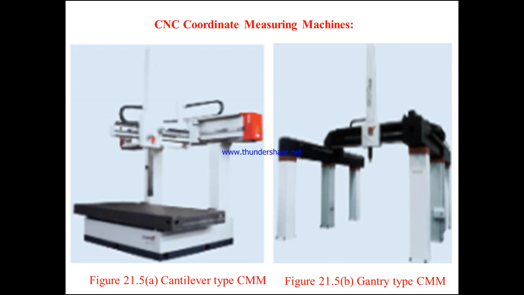The first two methods, that is the manually driven or the motorized coordinate measuring machines, are the very common machines that we use in the industries. Manually driven is nothing but we have to move the cantilever with respect to the workpiece. Wherever we are having the work table, we have to place the workpiece manually, and the movement of the cantilever or the beam or the column can be done by using the knobs.